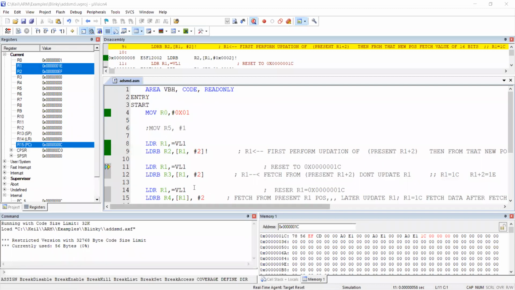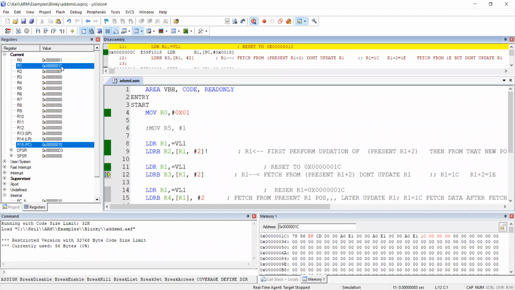Next, I will continue with line number 11. It is again R1. Type in the chat box: what will the R1 value be, 1C or 1E? That's important. Reply in the chat box. Next R1 value. No, it will reset. I have written a comment here. It will reset to 1C because I am not taking the reference of the new value. Intentionally, I am making it the old value. Check R1 here. I am resetting it to 1C.